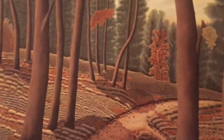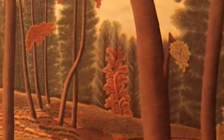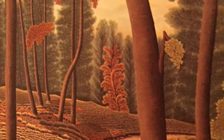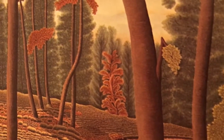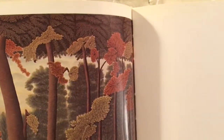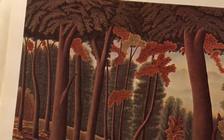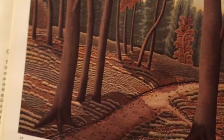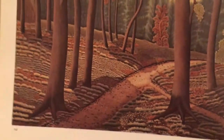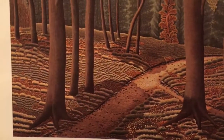And you know, some of the trees and bushes back here, like that red tree right in the middle, is so detailed for how far away it is. And it's just as detailed as some of these branches that are right over your head. So they don't use perspective well. And I don't know if they're doing it intentionally. I think a lot of them are self-taught artists. So maybe they aren't doing it intentionally, but...